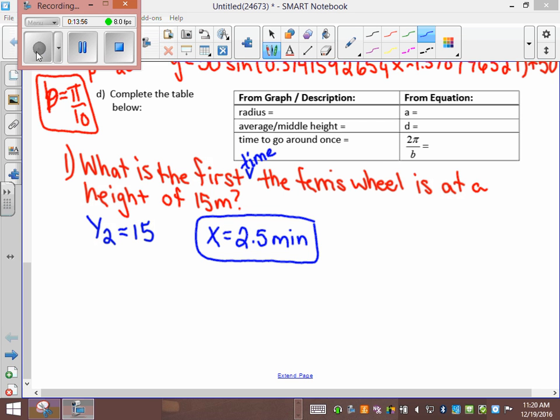So when you do that second trace 5, enter, enter, you get 2.5 minutes, right? If I asked for the second time, you would have gone to the second one and just found out where they intersected. Or the third time, you go to the third one, right? That's the only way they can make it a bit harder. Two, I could give you the x and ask you for y. So I could say, what is the height of the Ferris wheel